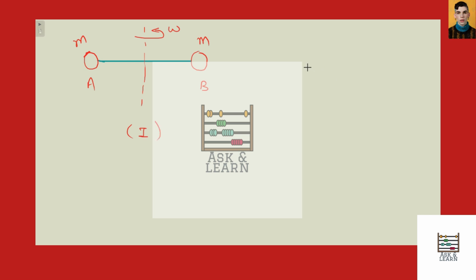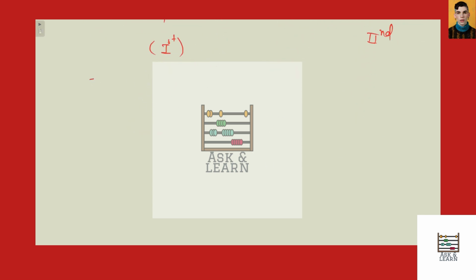Now in the second condition, a particle P of mass m, kept at rest, sticks to ball A. So in the second condition, when the particle P sticks to this ball, and this is ball B, it is rotated with a new speed, let it be omega dash. This is our particle A and this is the particle P which sticks to it, and this is our particle B. This is the second condition and this is the first condition.